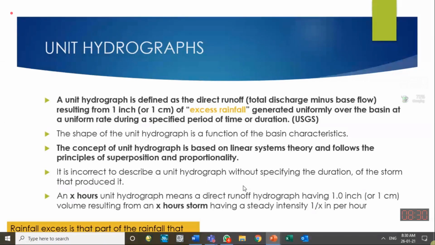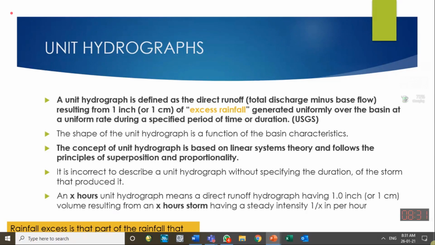So a unit hydrograph is a direct runoff hydrograph, DRO, and it doesn't contain the base flow. It is a direct runoff hydrograph generated by a storm with a total volume of water, which we say is an effective rainfall of 1 inch in US customary or FPS units. We say it is generated by a storm of 1 inch effective rainfall. Total rainfall we measure with the rain gauge.